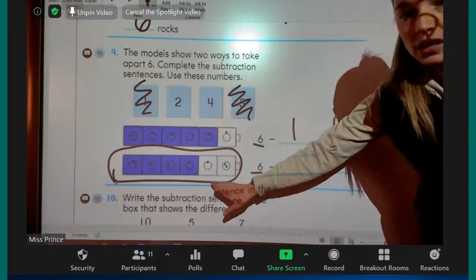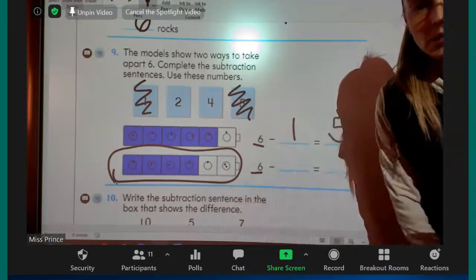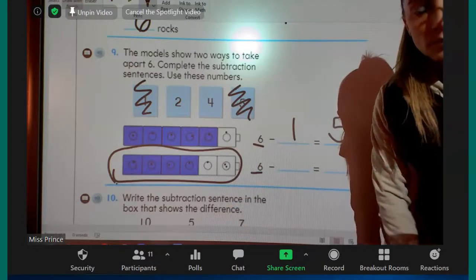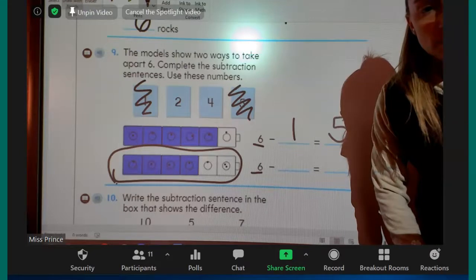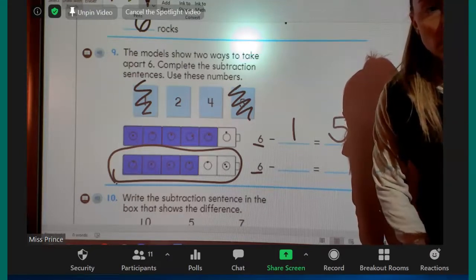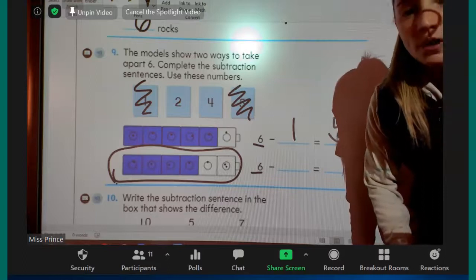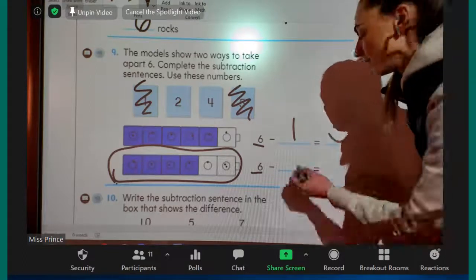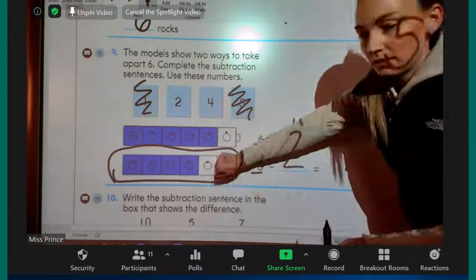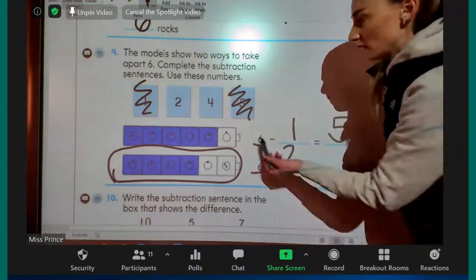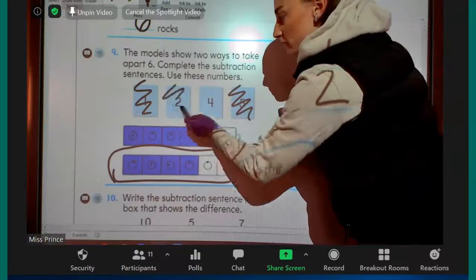How many did they take away here, Samantha? Oh, good job. Thank you, Samantha. They took away 2. These 2 right here, they're white. They're gone. And I'm going to make sure there's a 2 up here, and there is,